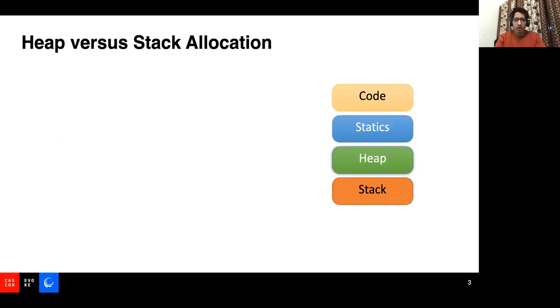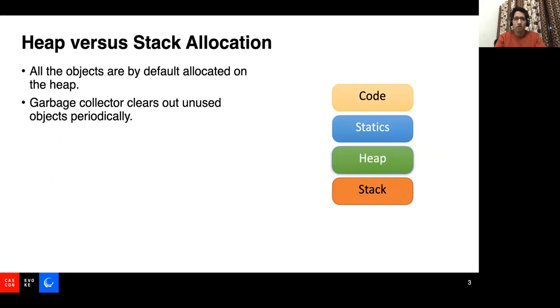So where do we allocate these objects? We allocate such objects in Java by default on the heap, right? Heap is just a part of the several different regions of memory in a program's execution. Like there is a memory for holding the program's code. There is a memory for holding static fields or global variables. There is a memory where we by default allocate the objects, and there is a stack which holds the activation records or stack frames of methods while they are executing.